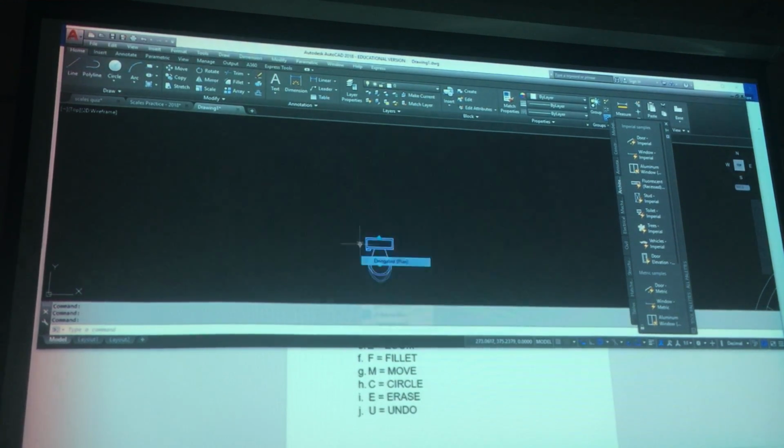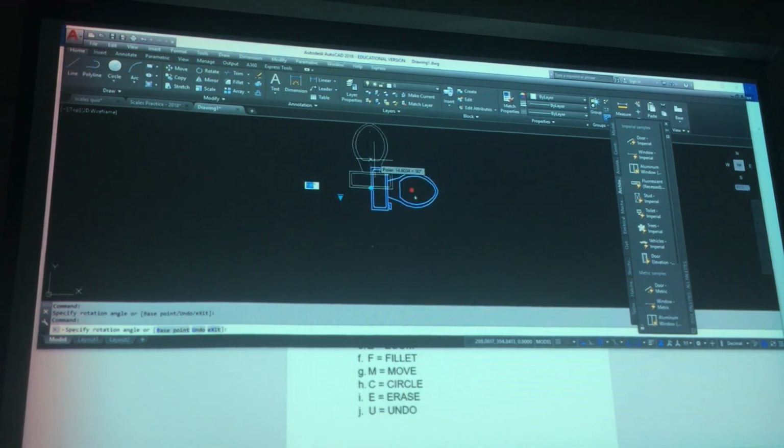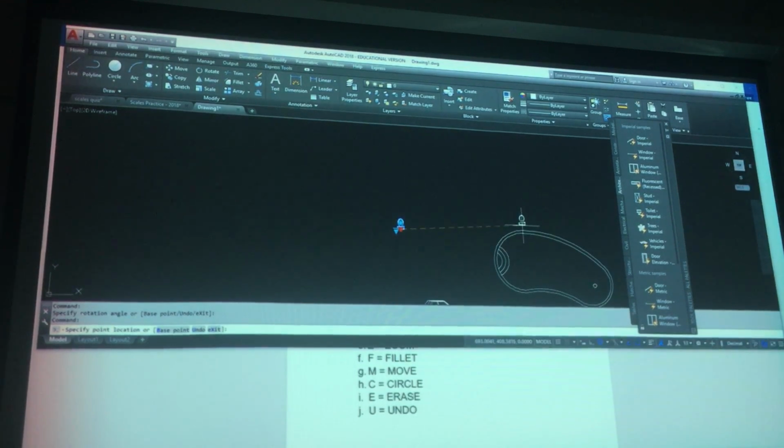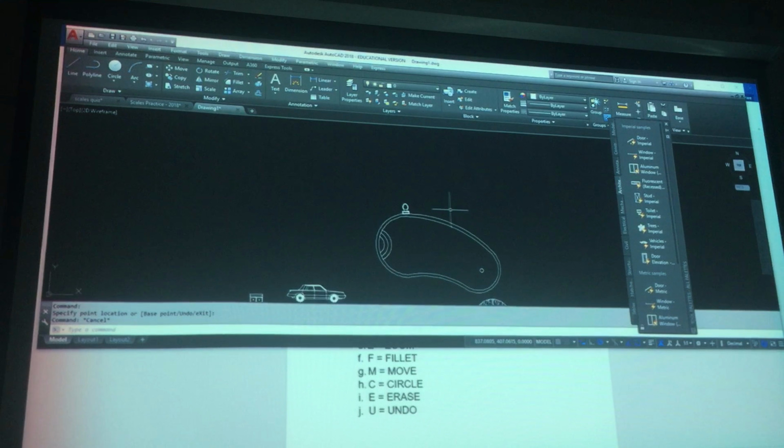So that's all content, but let's say we just stick with plan, this one right here, this elongated. And if I click on this round grip, I can rotate it like that. It allows me to rotate it with that grip right there. And then what I can do, which is kind of cool, is take it and dock it on another object. So in this case, we have a toilet right next to our